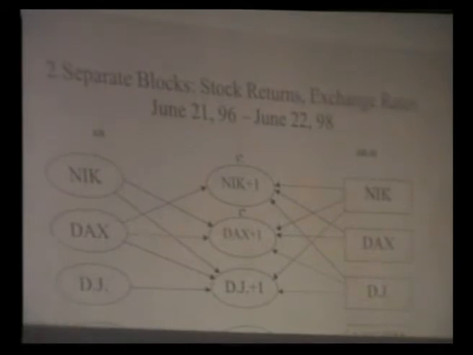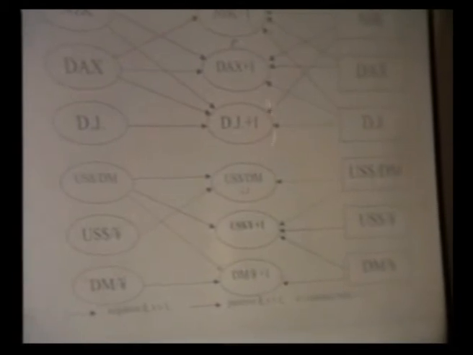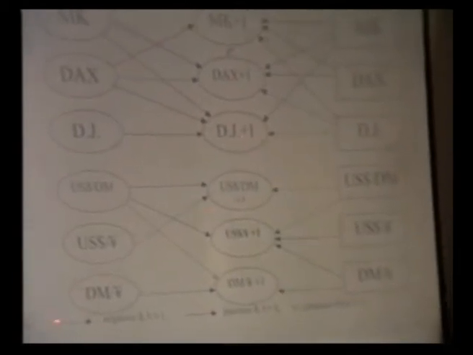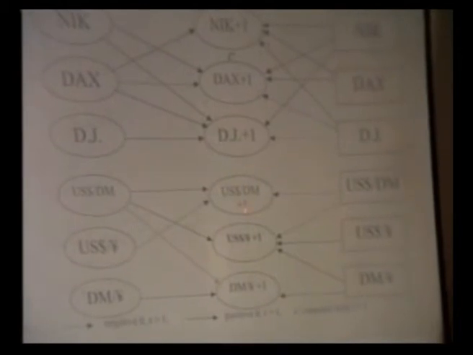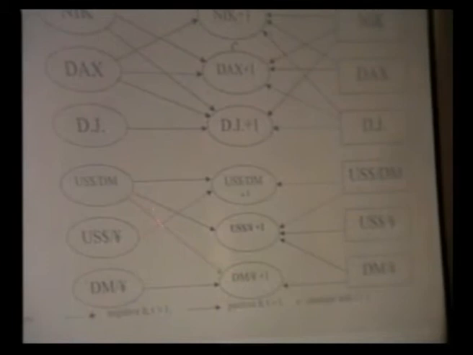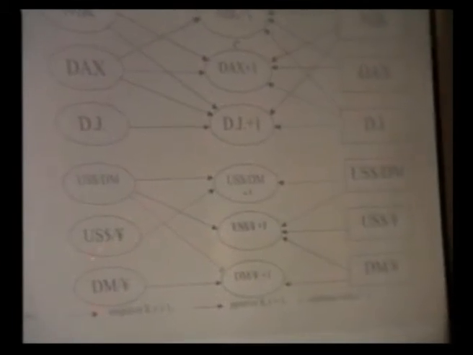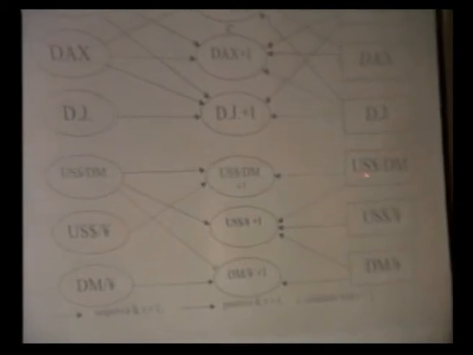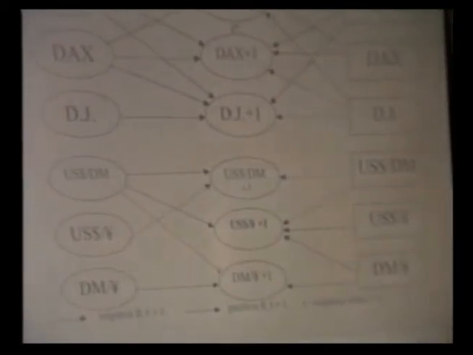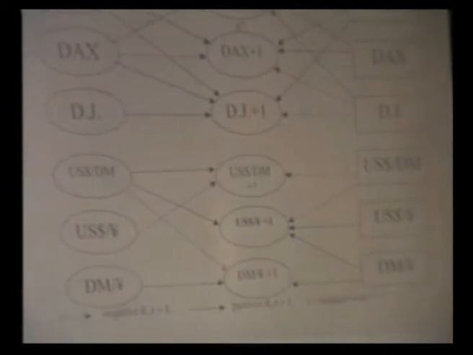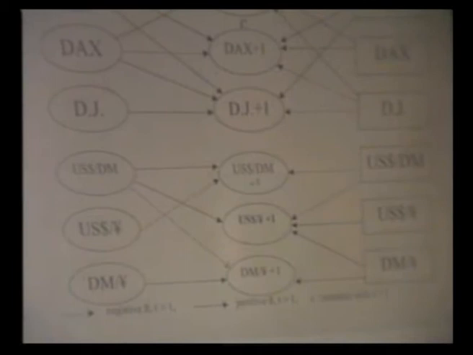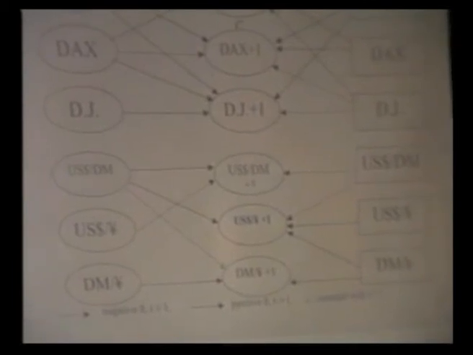So what we did is we did the same thing for the exchange rates. So we said, well, this is the pattern, but is what we see in the stock market also present in the exchange rate market? So we had the US dollar, US yen, and the D-Mark yen relationship. And you see here as well feedbacks coming from their own past. So it's a little bit of non-efficiency and feedbacks coming from the volatilities. And finally, we did a test